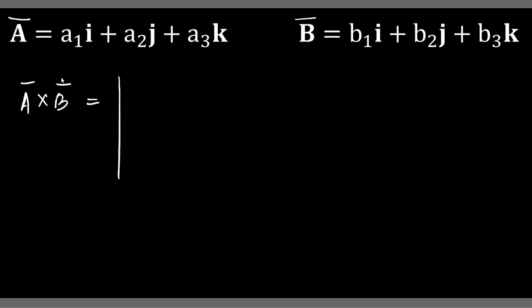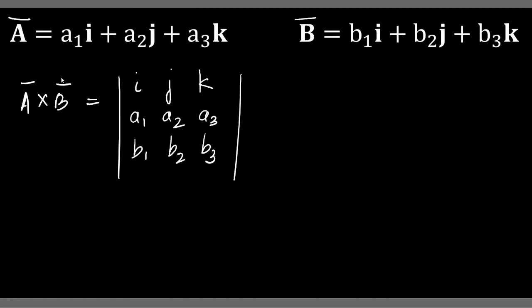and then we just put two lines like this. You put I, J and K, and under this, if you are doing A cross B, then you should write the components of A first. So A1, A2 and A3, and then the B components B1, B2 and B3. What we need to do now is we are going to get a vector. That means that vector will have an I component, a J component and a K component.